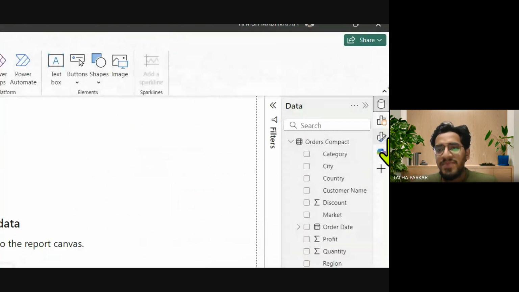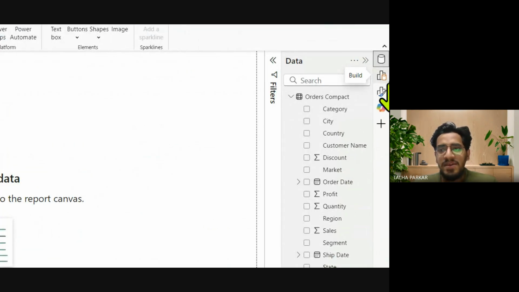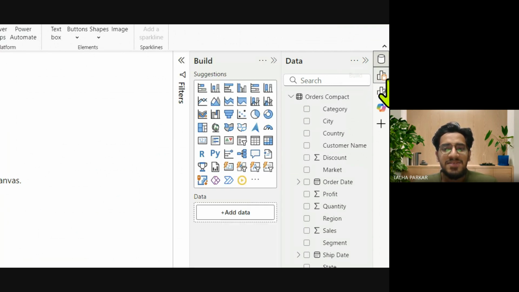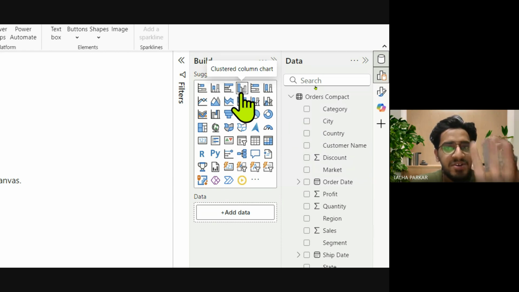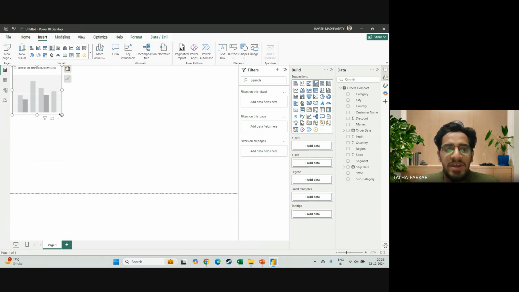The other is you can come on the right hand side here and you have a pane called build, the one with the columns and cylinder icon. From this, you can simply click on any visual that you want. Right now, we want to create a clustered column chart. So please click on the fourth visual, clustered column chart. And when you do that, it'll create this